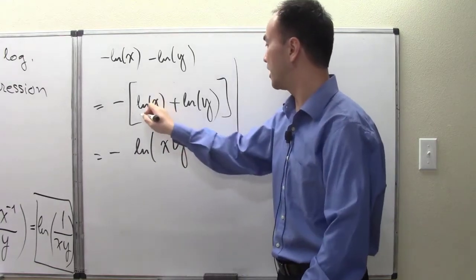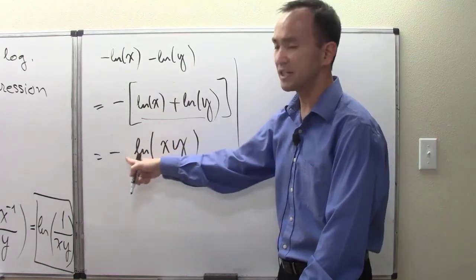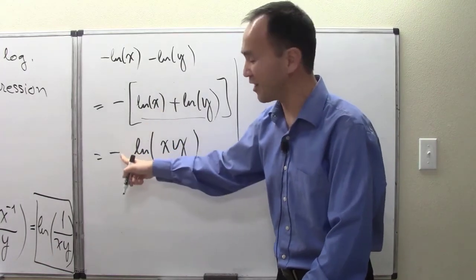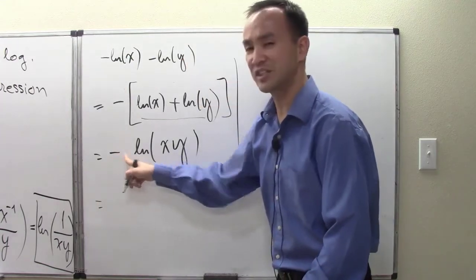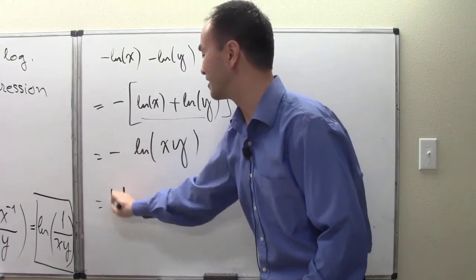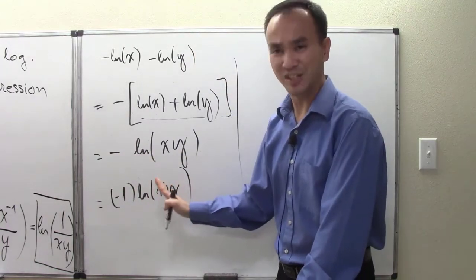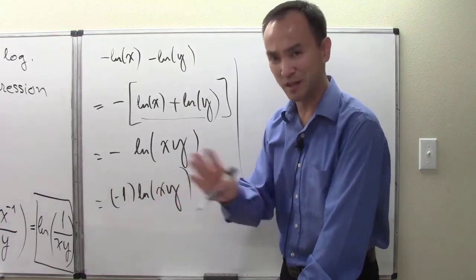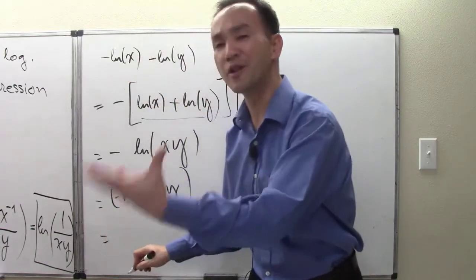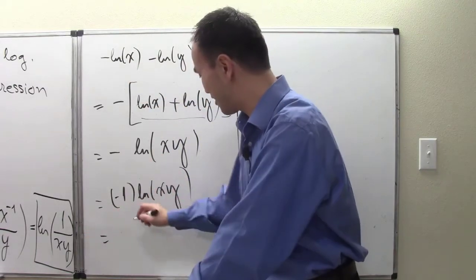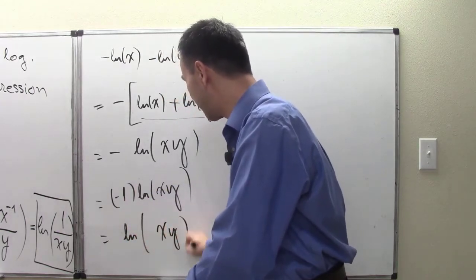by simply applying the sum to product formula. But then we still got stuck with that minus sign. Once again the minus sign here can be seen as a coefficient negative 1 times natural log of xy. And this is where I was saying we have to run into rule number 6 at least once. I'm about to use rule number 6, even though the order of the work is slightly different. So now I'm going to bring that into natural log of x times y,